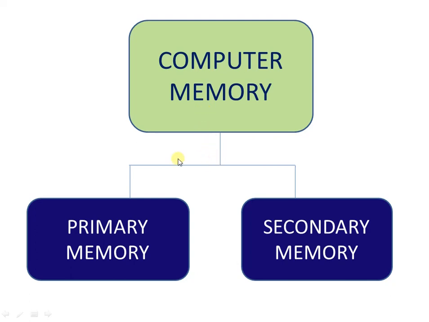We have classified the computer memory basically into two types. First one is the primary memory and second one is the secondary memory. So these are the two types of memories. First of all, we will study the primary memory. What is the difference between these two memories? Why have we classified it? So let's move on to the